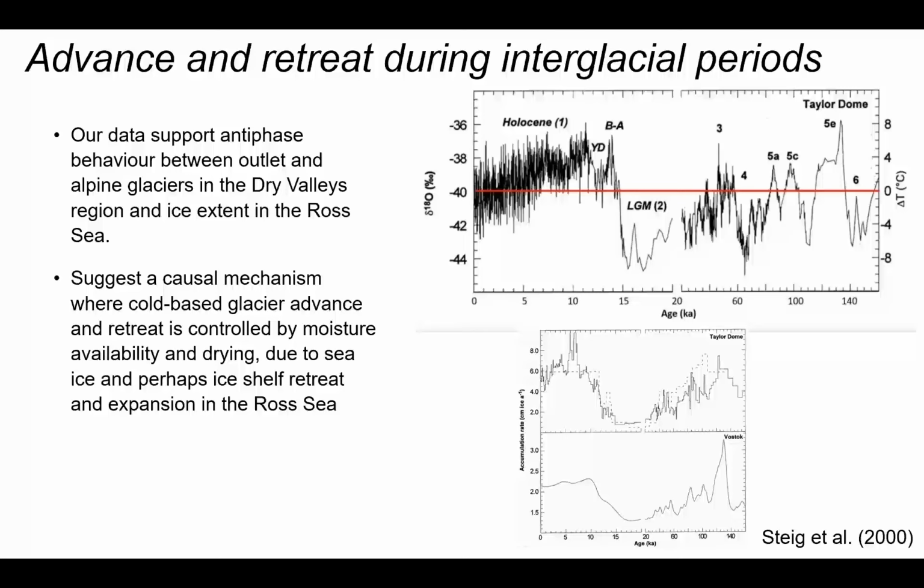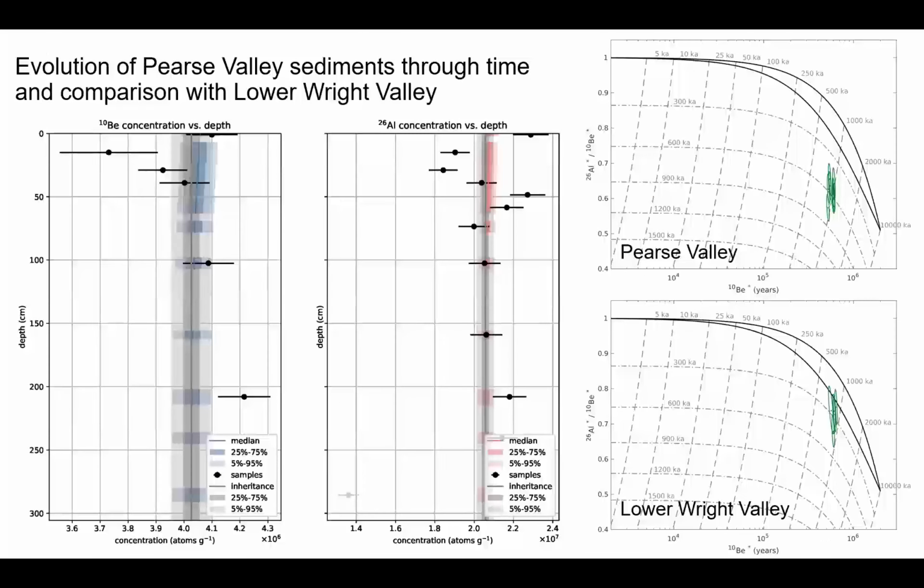After MIS5, a lot of the marine evidence, or rather the modeling, suggests that conditions have been somewhat comparable to the present. So what is causing this increase in moisture availability and precipitation over Taylor Dome and allowing these glaciers to advance during this time? And just quickly, this is the depth profile from our Lower Right Valley site,